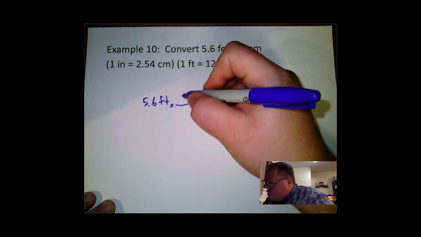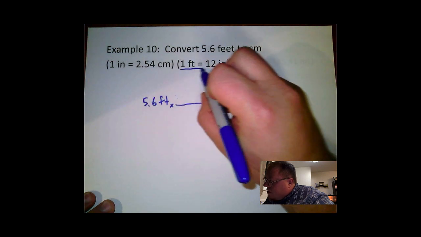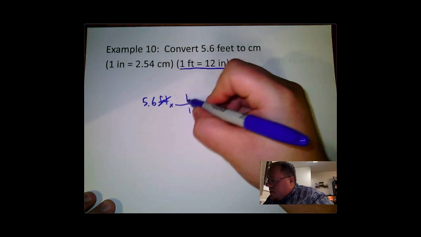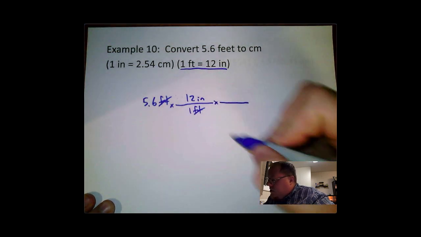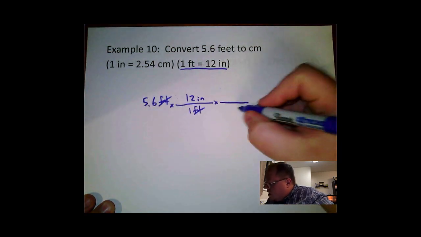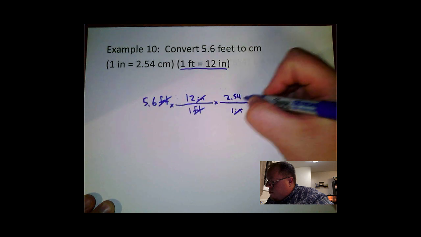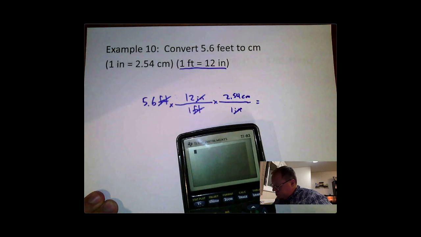So what I'm going to do here is I'm going to take the 5.6 feet, and first I'm going to use this one. So I'm going to have the 1 foot on bottom so that feet cancel. And I'm going to have the 12 inches on top. In my next step, now that I have inches, I'm going to take the 1 inch on bottom. So it cancels. And then I'm going to have the 2.54 centimeters on top. Okay. 5.6 times 12 over 1 times 2.54 over 1. And I get